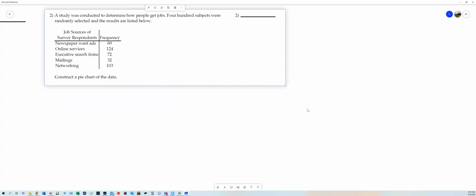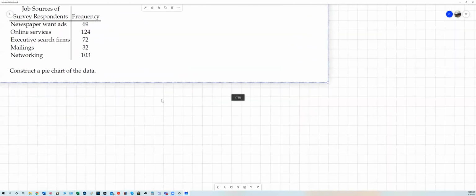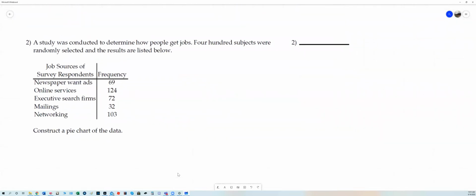Yes. They now want you to create a pie chart out of this. So what I'm going to do is I'm going to work on the table, and then we'll talk about how to draw it. But I'm not going to require you to draw it in class because you guys are not going to bring protractors and compasses to class. I know, for what, 7 of you will bring it.